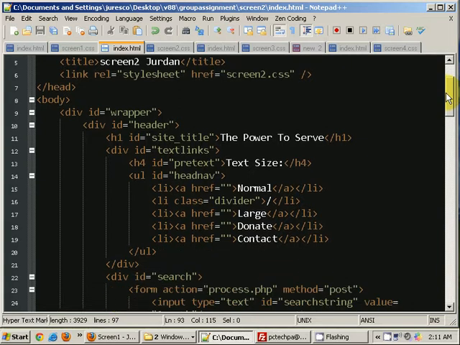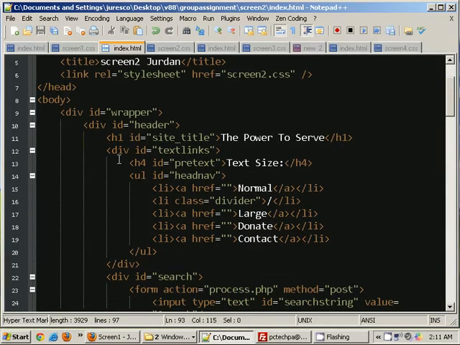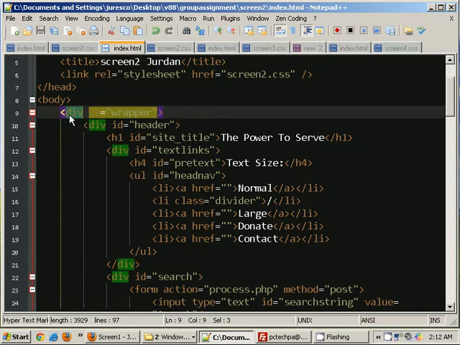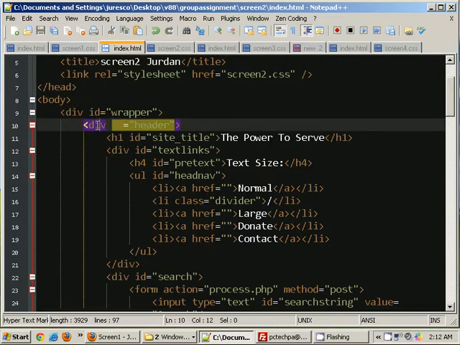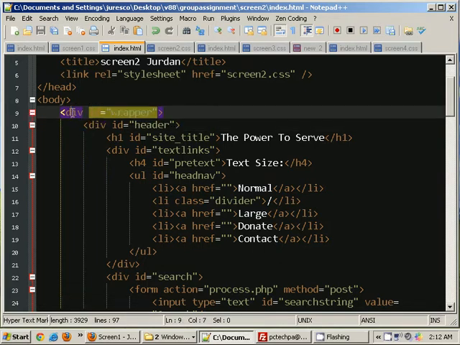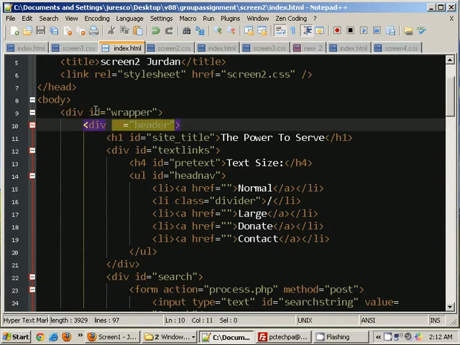As you can see, I also adjusted my indentation. Like this one is div wrapper, so this one, div header, is a little bit indented to indicate that it's a child of the wrapper, inside the wrapper, and inside the header is the h1.